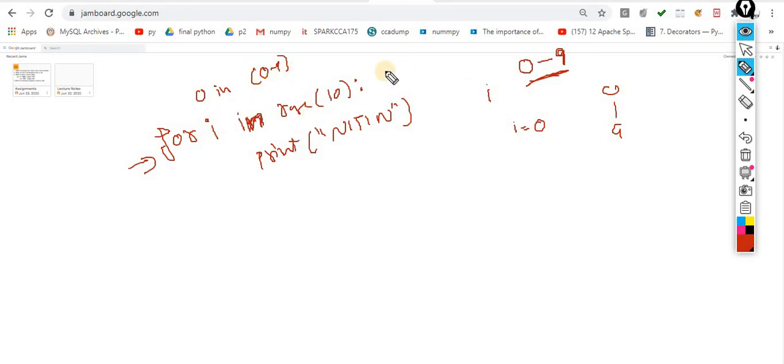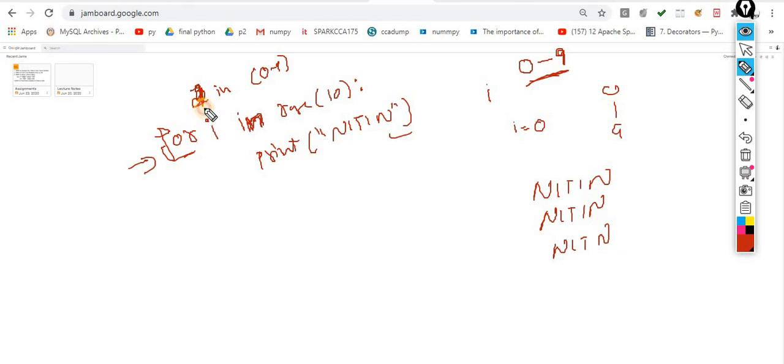If this is true, then print on the screen NITIN. Now in the second iteration, the i value becomes 1. 1 in 0 to 9, condition is true, then print NITIN. In the next iteration, the i value automatically becomes 2, with the help of this for. The i value is iterating, changing. Now 2 in 0 to 9, the condition is true.